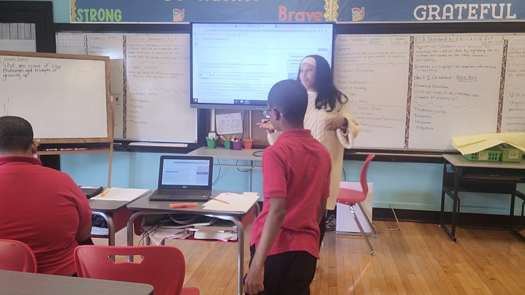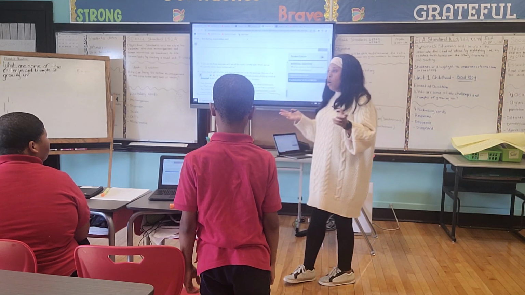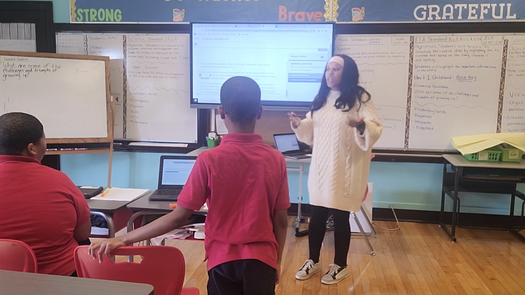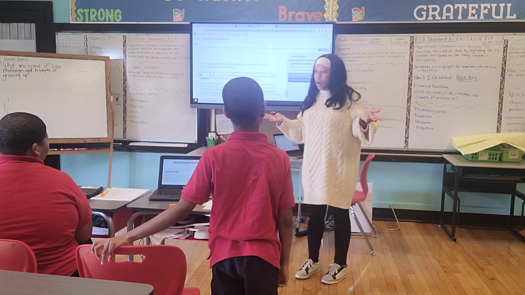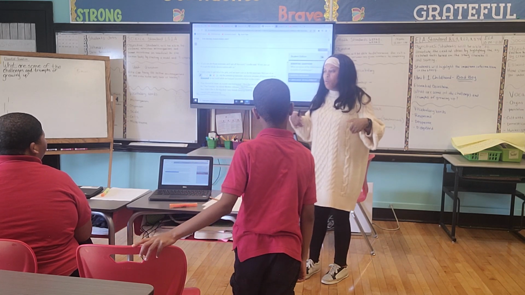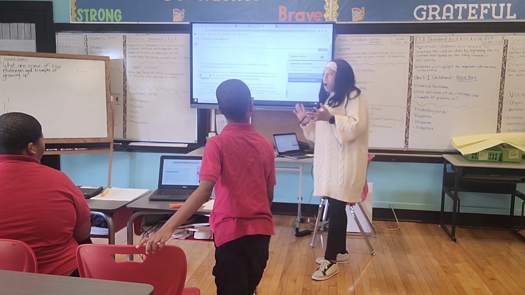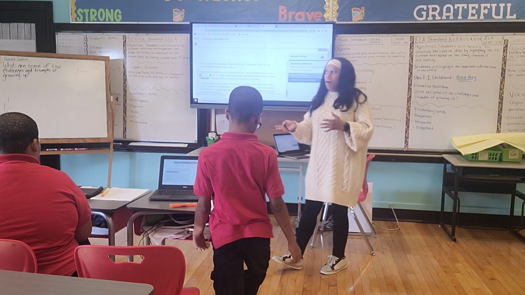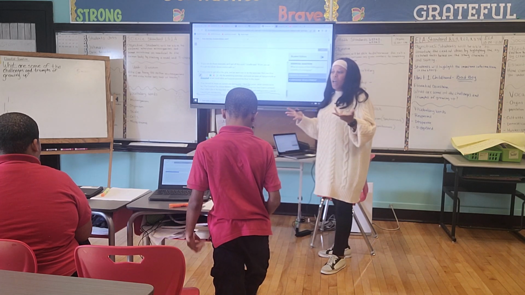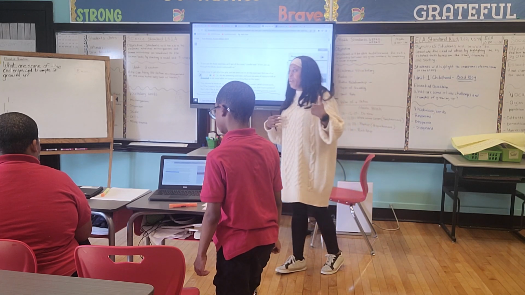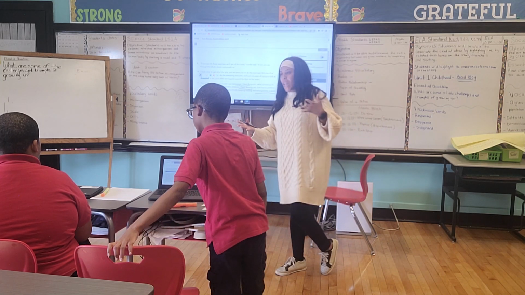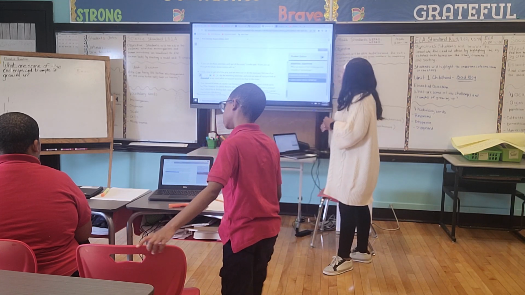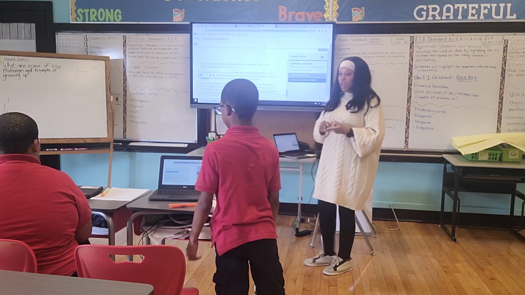But society tells us boys and girls have roles in the world. And it's up to you to determine if you want to follow what society says or if you want to do what makes you happy. And you shouldn't have to hide stuff or make it a secret, right? Like, I don't want to hide it. I like to play basketball. I like to play baseball. I like to go to games. I like to just have fun. And sometimes the stuff that I like to do could be taken as a male role. I like to referee basketball games. So we want to make sure that we're not letting society tell us when, where, and how we can do things.